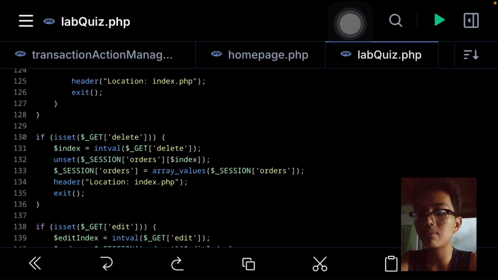Next, for the delete operation, that is done by clicking the delete button.